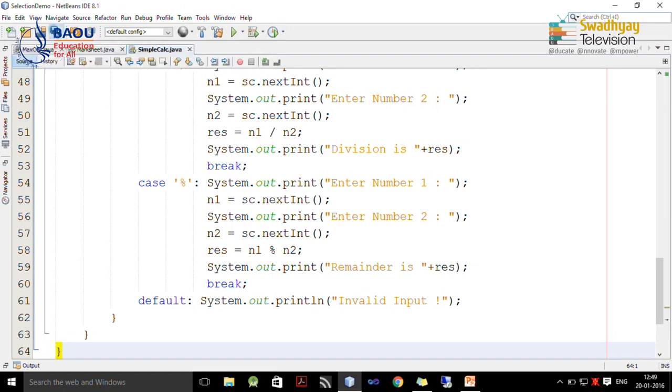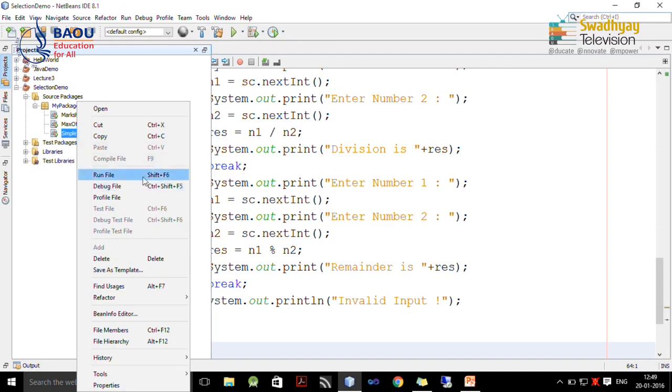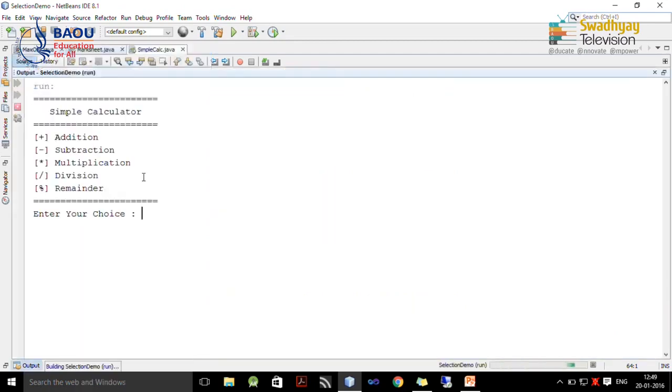Now save this file and run this file by selecting file from package and right click on it and select run file. So here on screen you can see a menu is displayed and I am selecting plus, that means I want to perform addition of these two numbers. So I am going to enter 10 and 20.